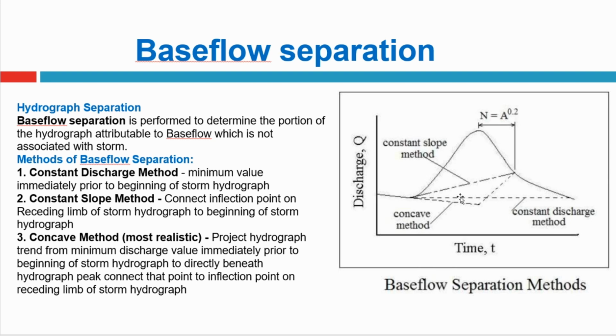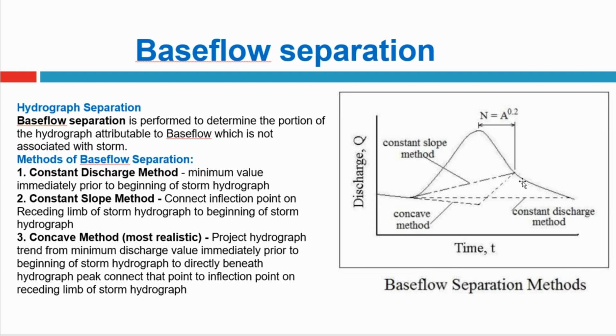Okay, so what I do is that you can see this is the hydrograph that I have. This is the depth of flow, or you can say, sorry, the discharge in the river before there is any rainfall. Once there is a rainfall, because of that rainfall you can see that the discharge in the river is increasing and it reaches some peak point, and then again it gets reduced.